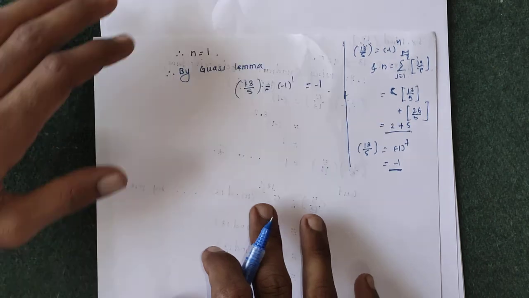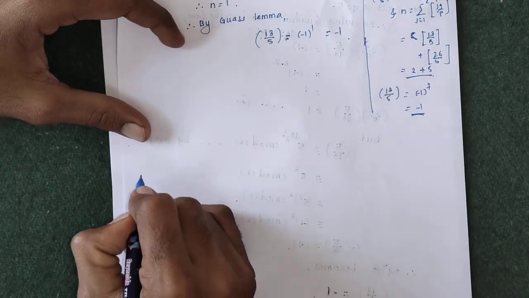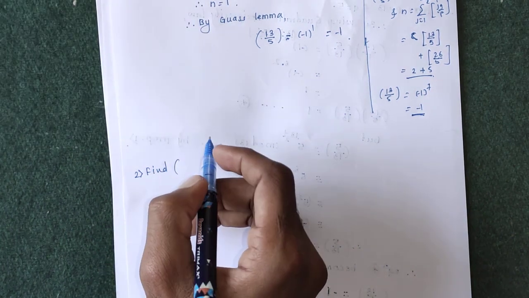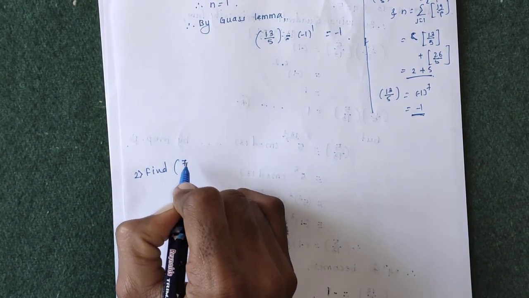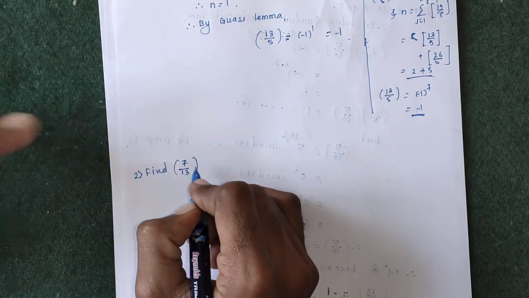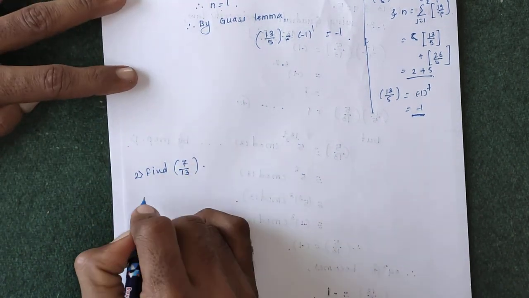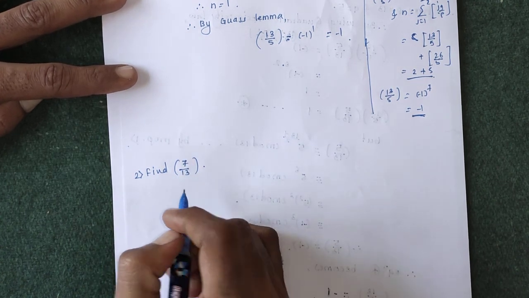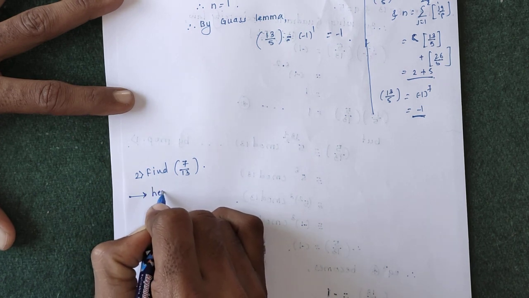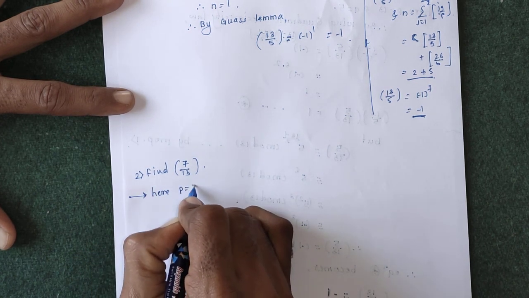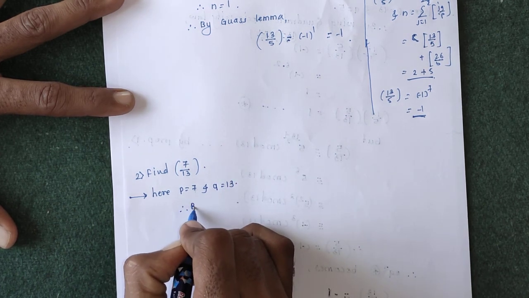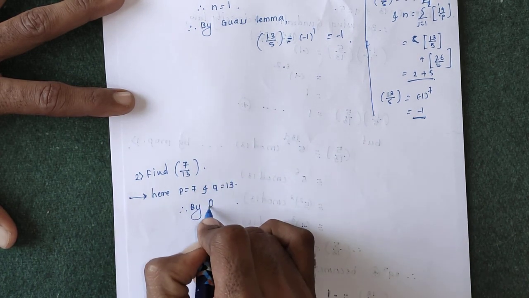Now, similarly, we are going to prove the second example. The second example is again to find the Legendre symbol of 7 and 13. Here again both the numbers are prime numbers, so we can use the quadratic reciprocity law. So, here p is equal to 7 and q is equal to 13. Therefore, by quadratic reciprocity law,